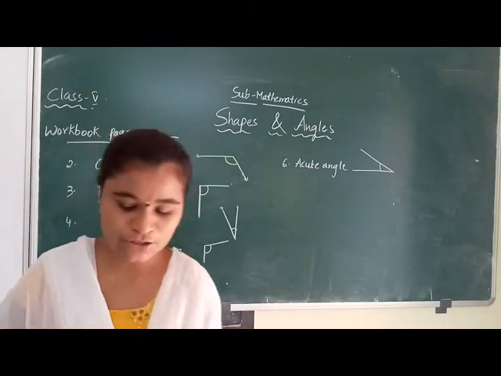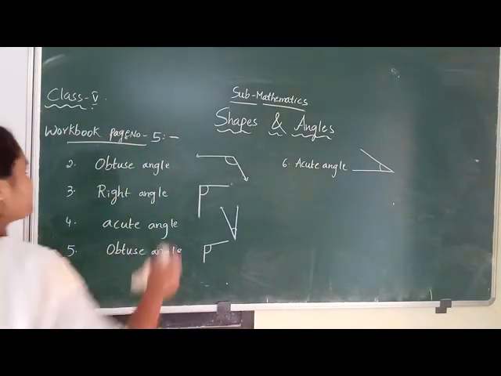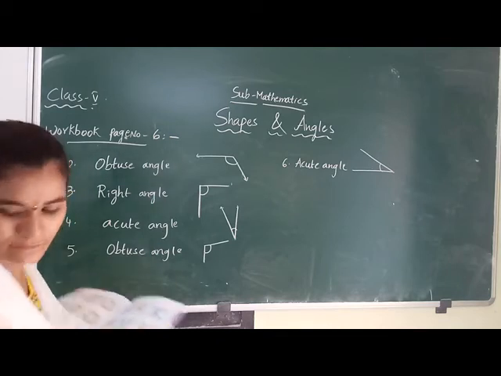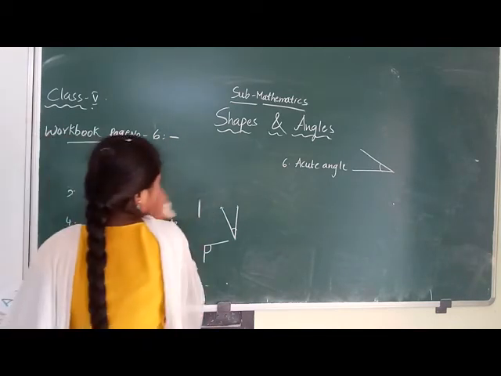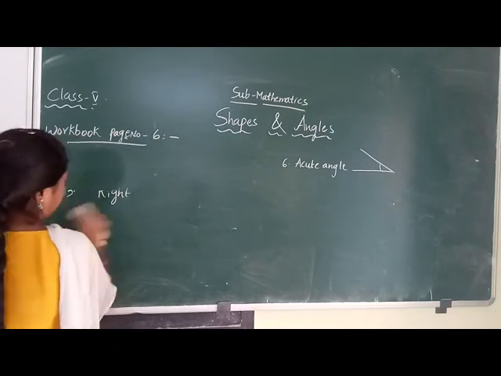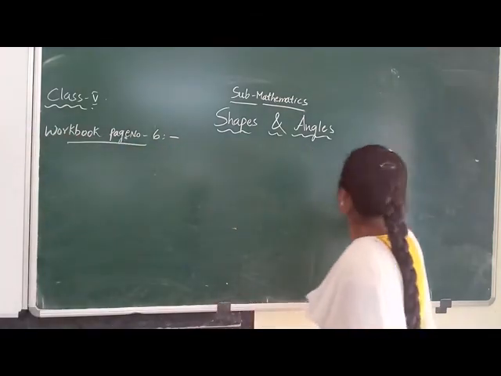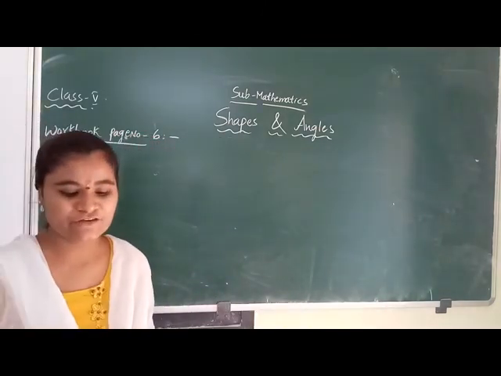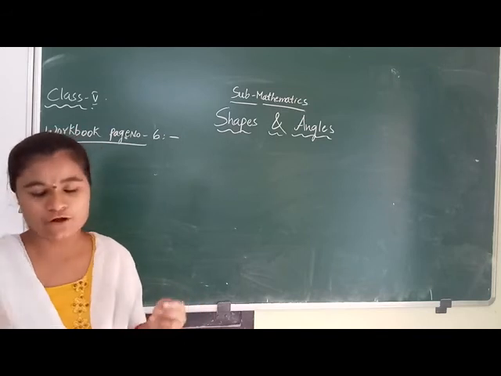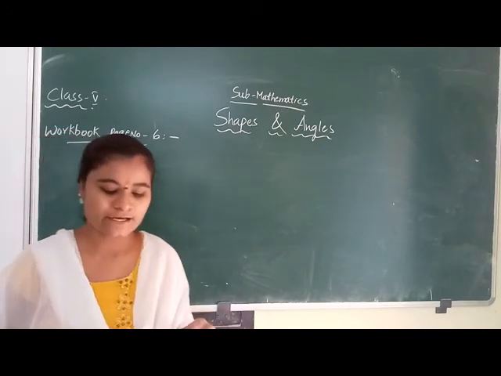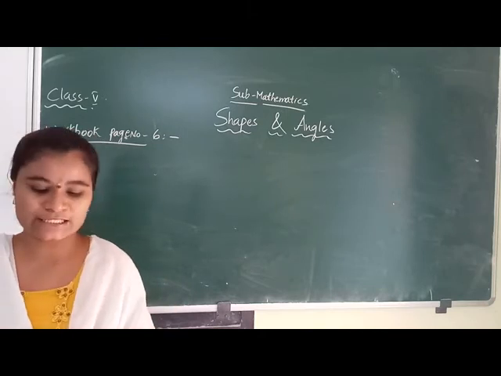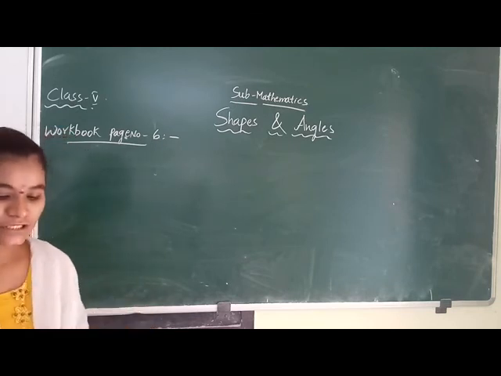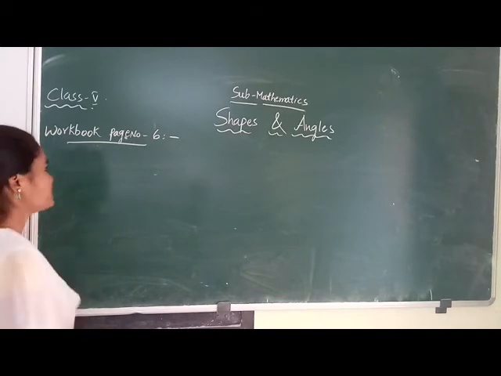Okay. Next, we will go to the next page. Page number 6. Identify the angle between the two hands of the following clocks. One is done for you. Okay. First one, 12 is there. Means 0 degrees. The two hands are at the same place. 0 degree. Next one, 1. 1 means 30 degree.